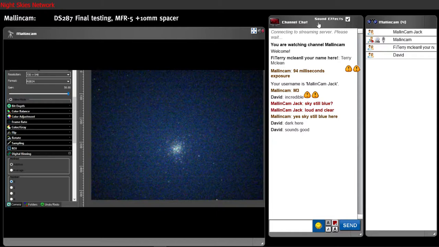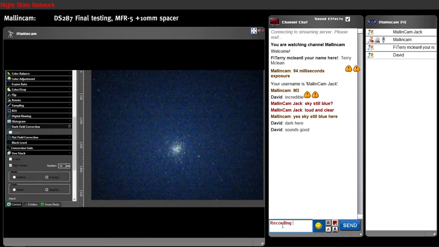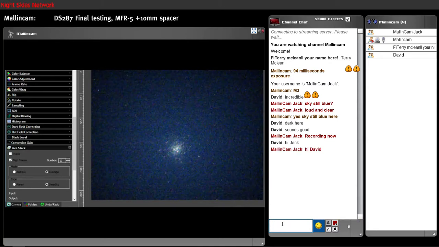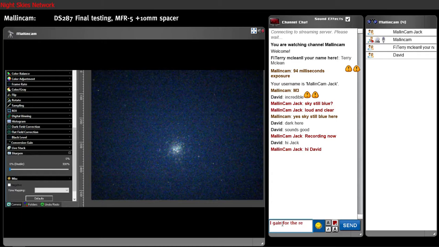And that's how sensitive, how insane this camera is going to be. And you got dark field, there's no dark field taken, no flat field taken. Black level is at default. Live stack, everything is default. Okay, sounds good, Jack. To recuperate here a little bit, let me